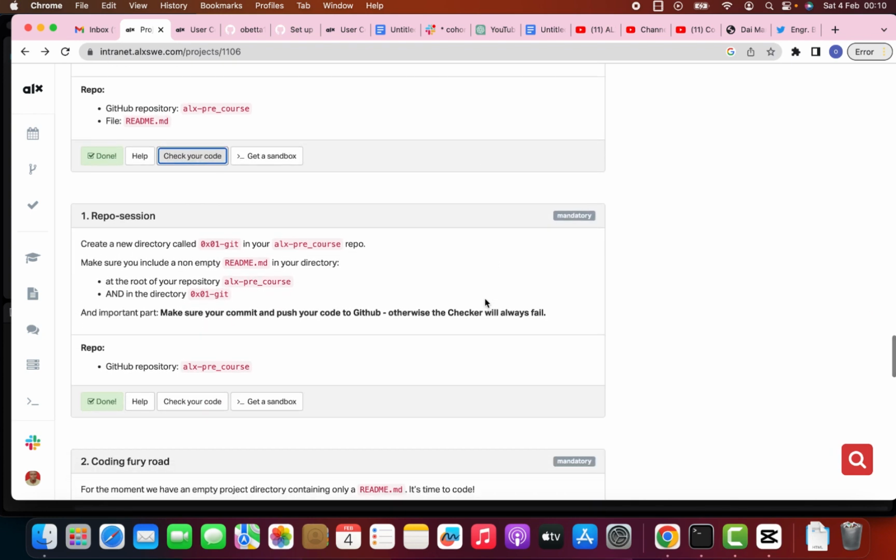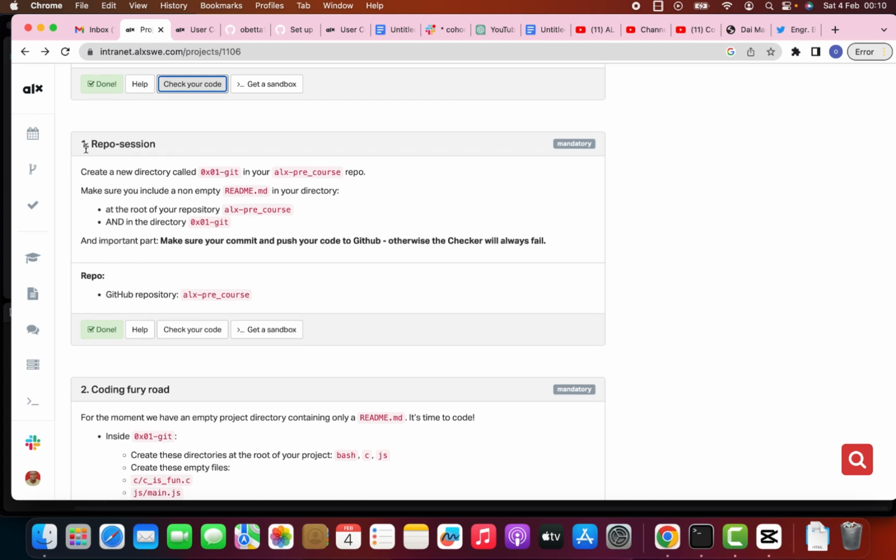So the next task is repo session. You should create a new directory called this in your repo. Make sure you include a non-empty readme in your directory. Then after that, at the root of the repository and in the directory of this, then